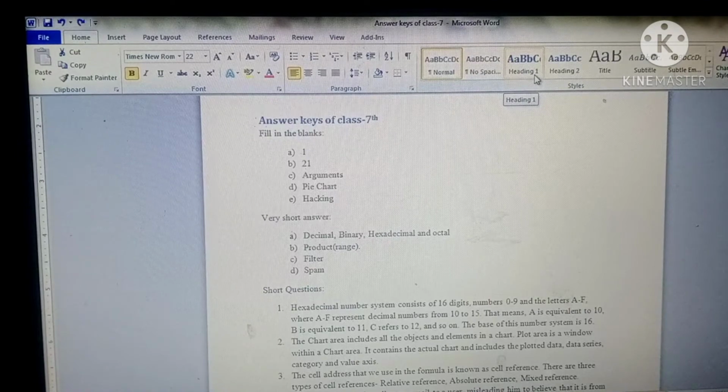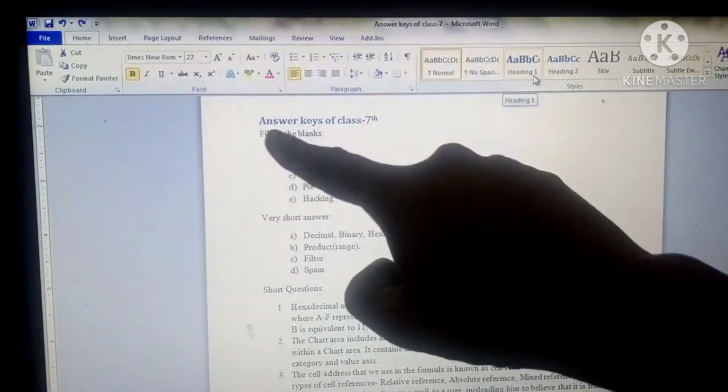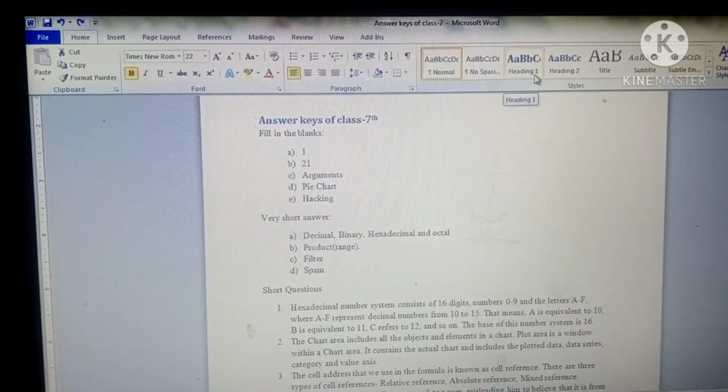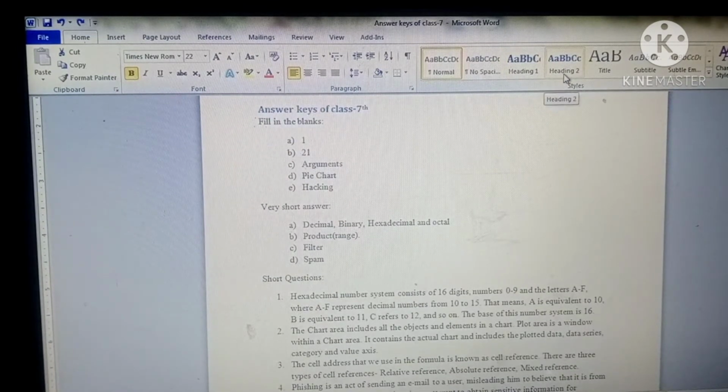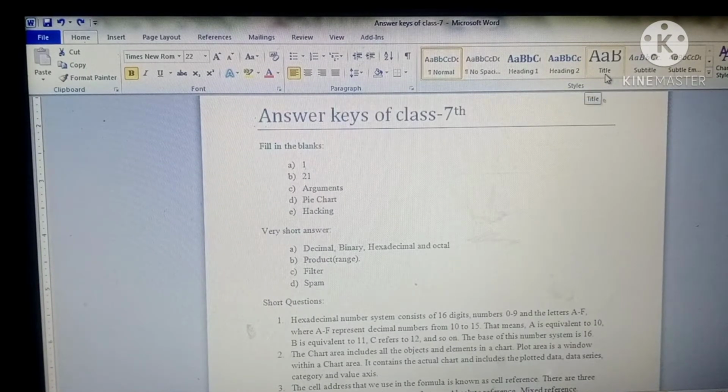Its font color is blue, and you can see the color of the answer keys of class 7 is also blue. If I move to Heading 2, its text size is smaller and you can see the changes. If I move to Title, then you can see the selected text is changed according to the Title style. So by this method you can apply a style.